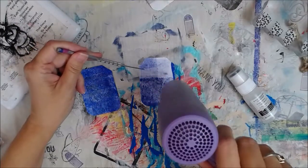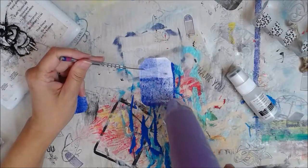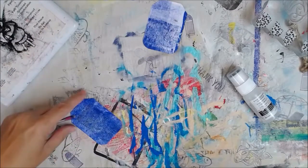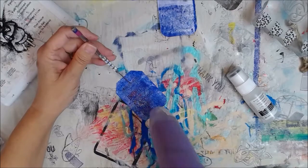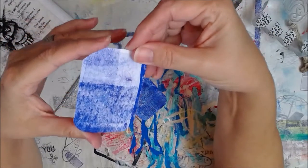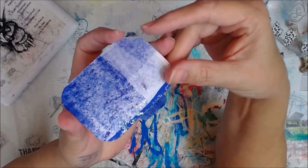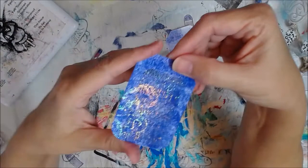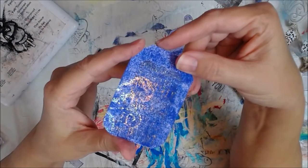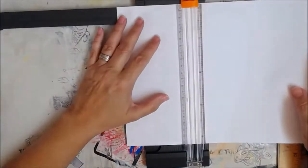Every day. And I'm going to show you in a minute. Here we go. It's real hard to see because it is a holographic, which means it tends to pick up the colors of the background with just a little bit of glittery goodness in there. Just a little. Okay? So now we're going to move along and cut the pages for the inside of a